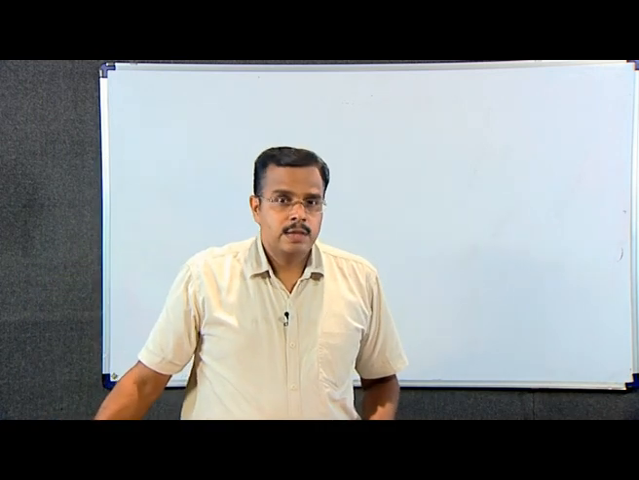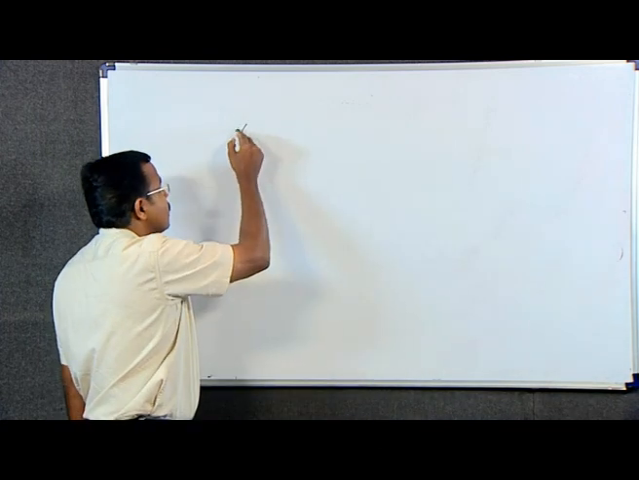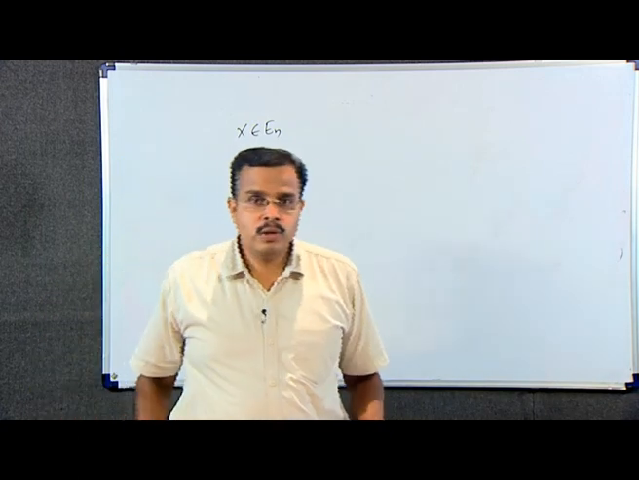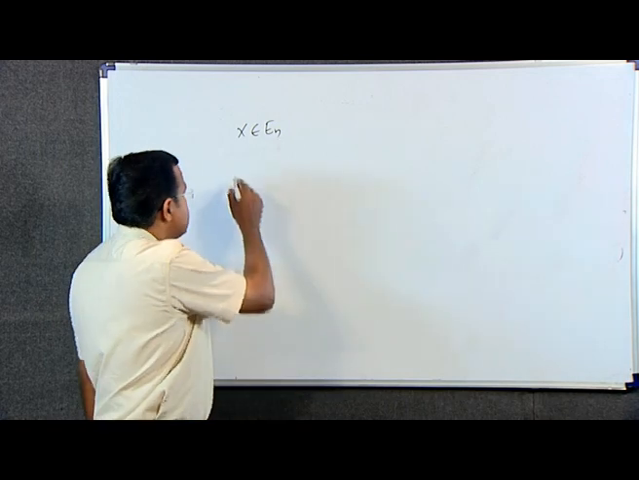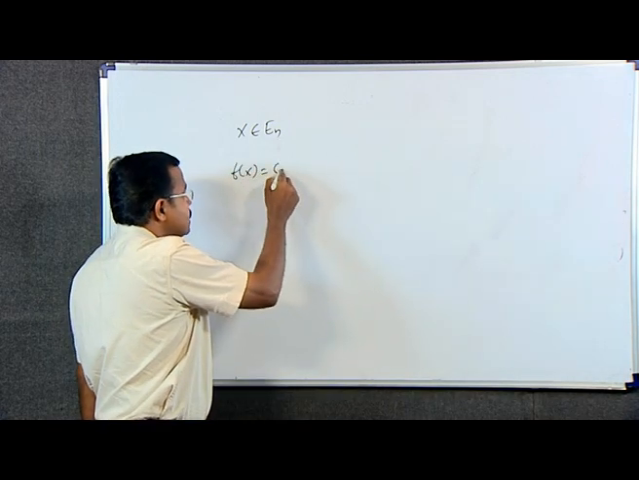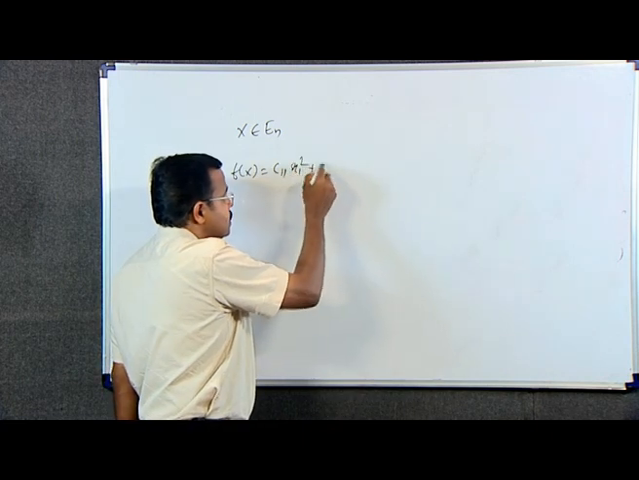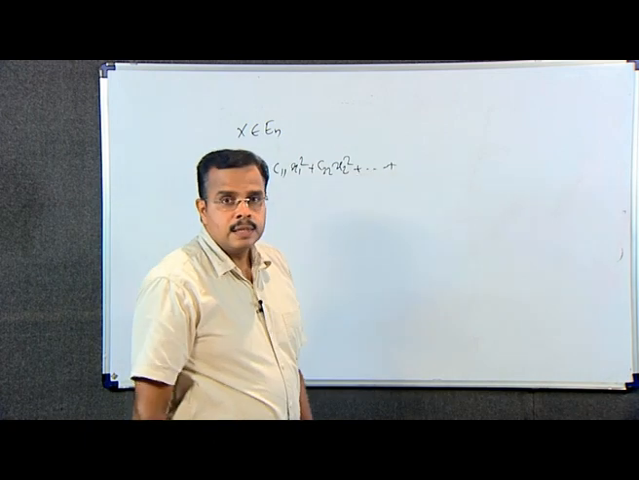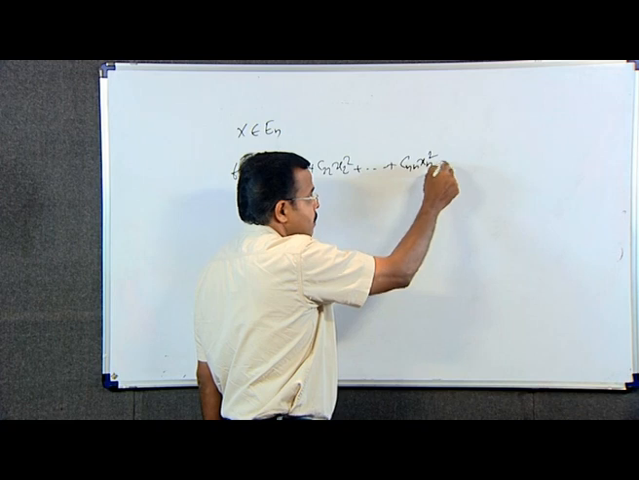Now, we are familiarizing with quadratic forms. Let x belong to E^n. A homogeneous expression of the second degree of the form f of x is equal to C11 x1 square plus C22 x2 square, etc., plus Cnn xn square plus